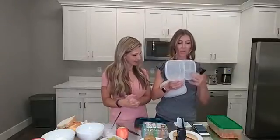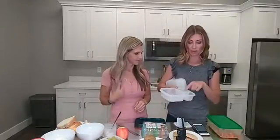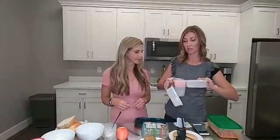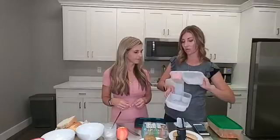Okay, and these hold a surprisingly large amount of food. Like in this one, you can see we have grapes and carrots. There's probably at least a half a cup of grapes in here, and this one's probably more like 3/4 of a cup of carrots. Yep. Okay. So, what we want to talk about today...